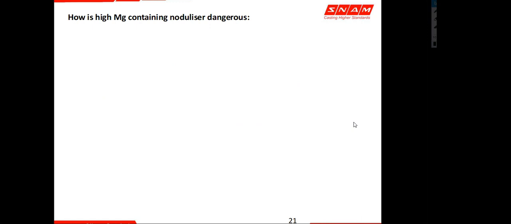So why is high magnesium dangerous? Magnesium forms magnesium oxide and magnesium sulfide. When you have an excess of this, you have got excess of MgO and MgS. You would have seen this white layer in the liquid in the treatment ladle after treatment, which is coated over the lining material. Those are MgO generally, which is of no use to us. So when you keep increasing your magnesium in your alloy, the generation of MgO is increased. It is directly proportional. The same way MgS.